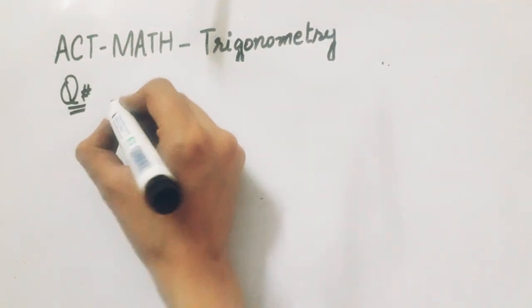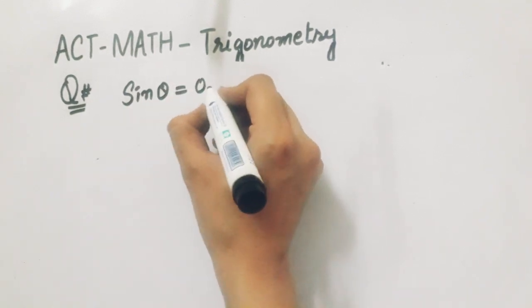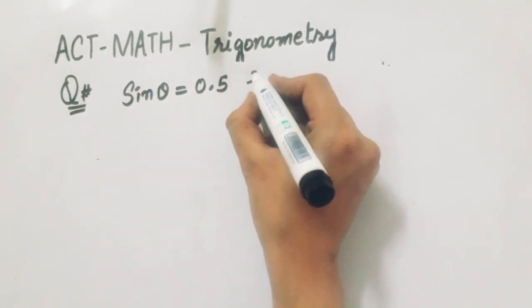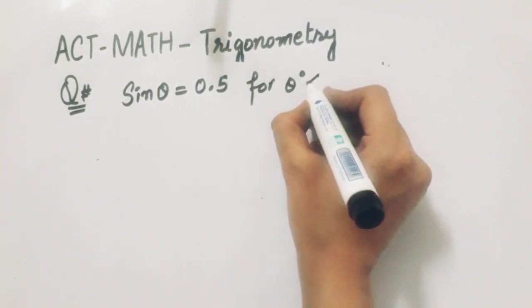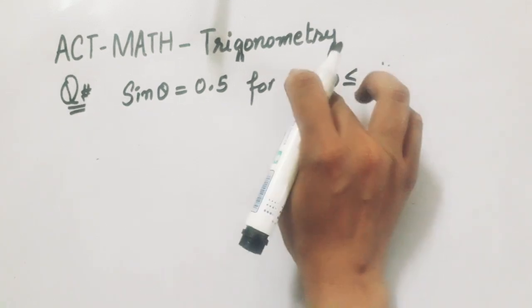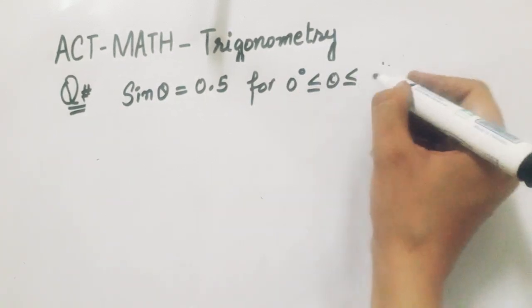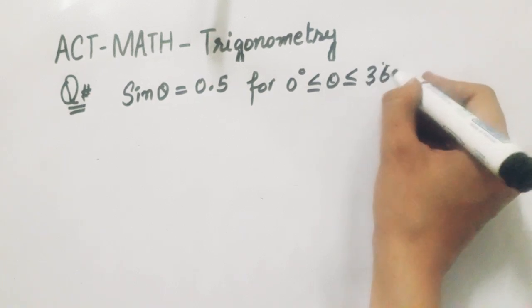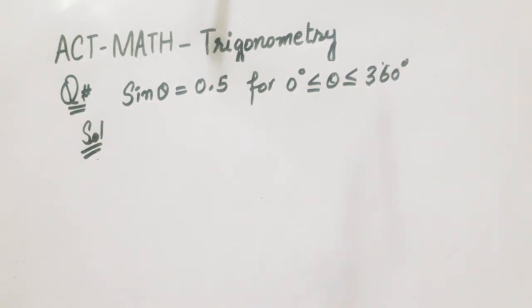Now we have sin theta is equal to 0.5 for theta between 0 degree and 360 degree, that is, 0 degree is less than or equal to theta and theta is less than or equal to 360 degree. So we will solve this question as,